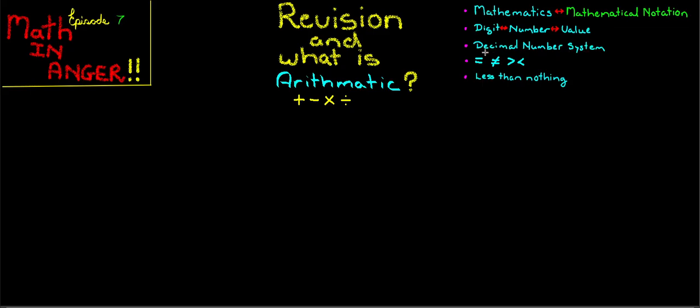Then we took a quick look at the decimal number system and how it works. Then we got to some of the interesting stuff. What do these pictures actually mean? And in the last episode, we learned how to think about things that are less than nothing. And to some of you, you are going to say, but hold on a second, we aren't even at grade 1 yet. And you're absolutely right, because this stuff,